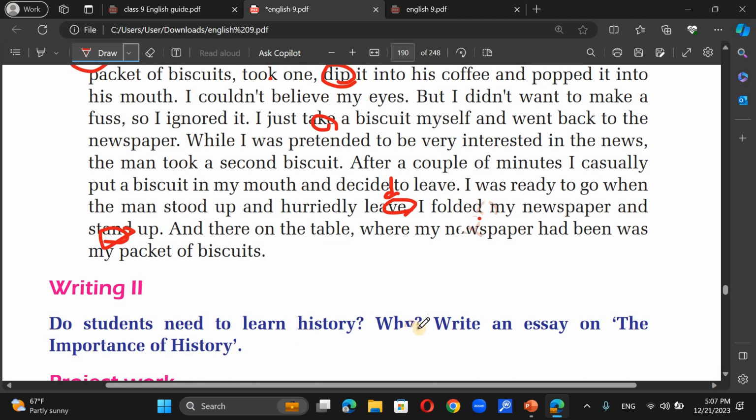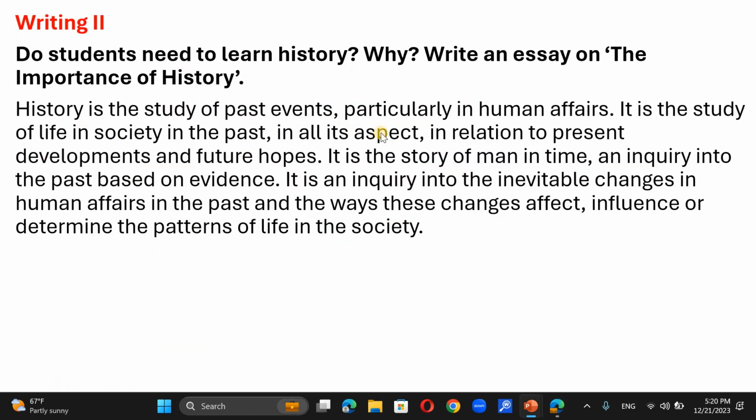Do students need to learn history? Why? Write an essay on the importance of history. So, yes, an essay about the importance of history. History is the study of past events, particularly in human affairs. It is the history of life in society in the past, in all its aspects, in relation to present development and future hopes. It is the history of man in time, an inquiry into the